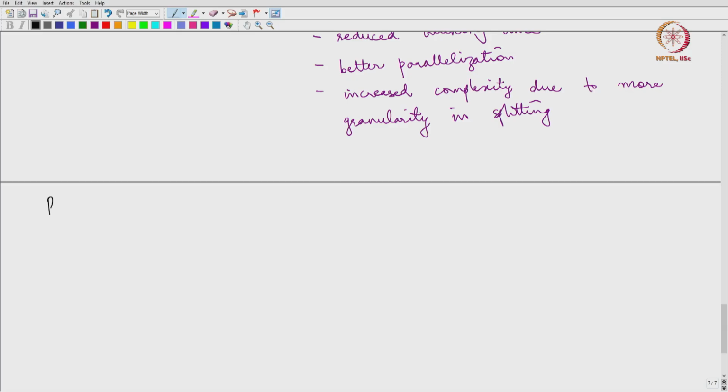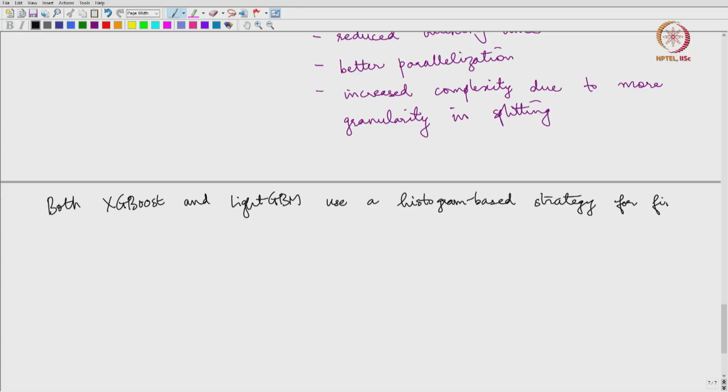So, keep in mind that both XGBoost and LightGBM use a histogram based strategy for finding the cut points. If you remember, while training a decision tree, there are cut points, right, at every node you have to find what is the optimal feature cut point combination. So, XGBoost and LightGBM use a histogram based strategy for finding these cut points as opposed